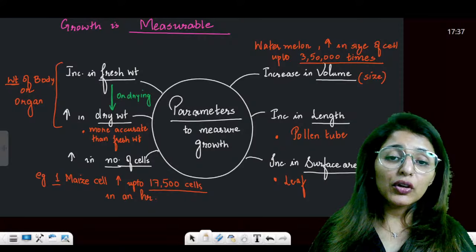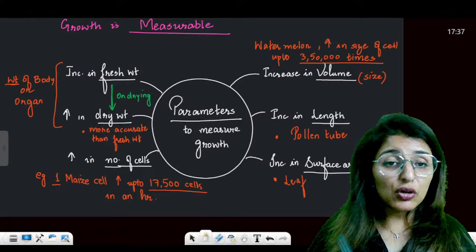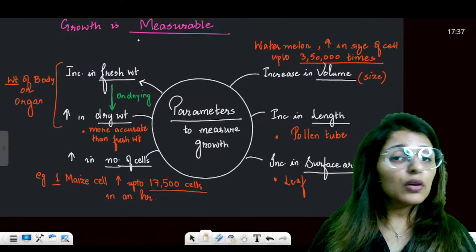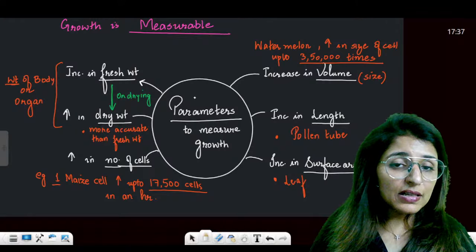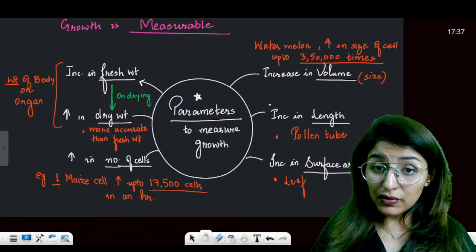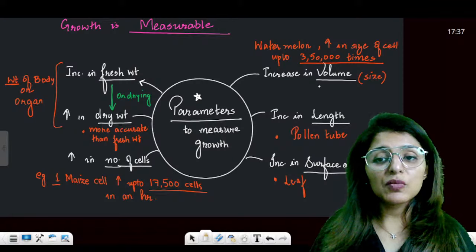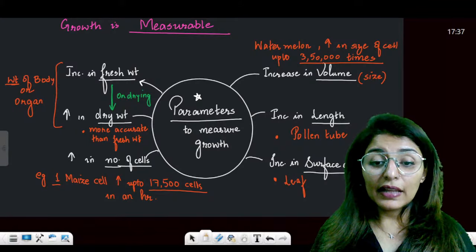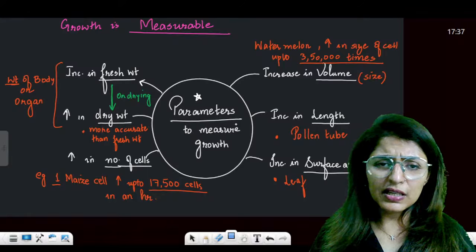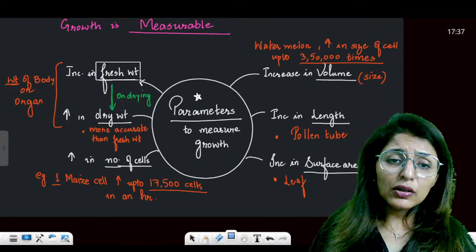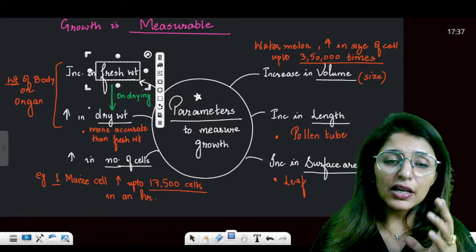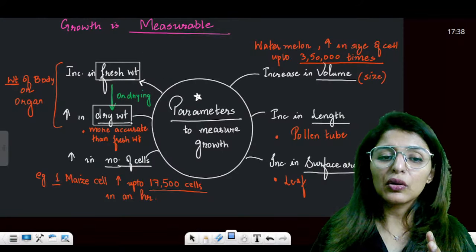All right. Moving on to the parameters again. Now let's talk about these different parameters in detail. Now we say growth is measurable and there are certain parameters. For example, fresh weight, dry weight, number of cells. It can be measured in terms of volume, then length, and then surface area. Please let me know that these points are super easy. Super easy. So talking about the fresh weight, instead of using the fresh weight, we prefer using